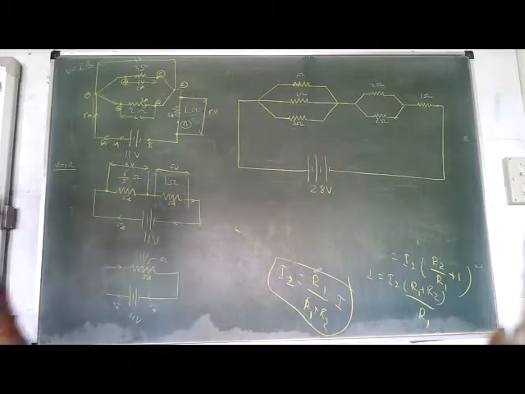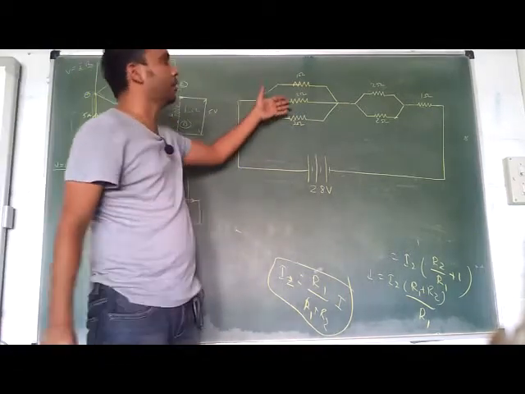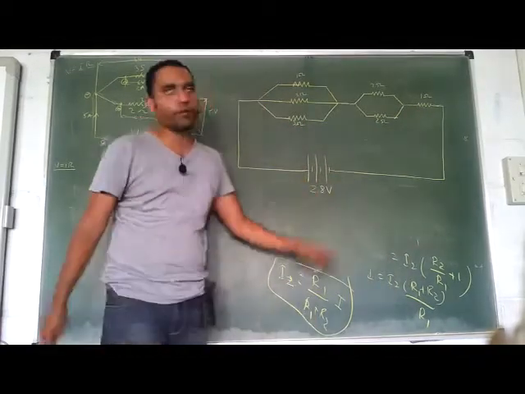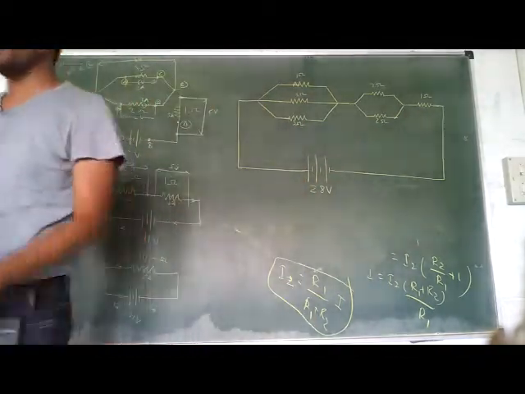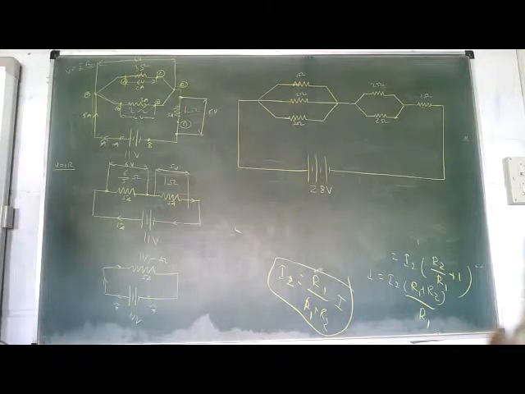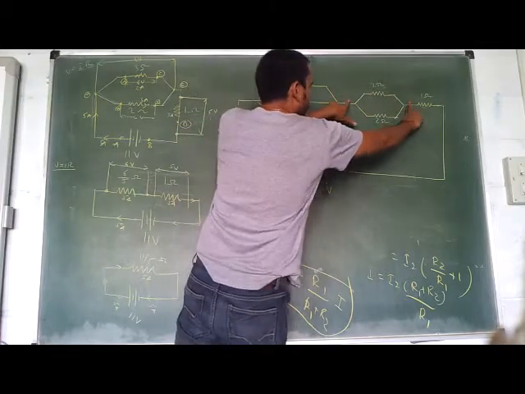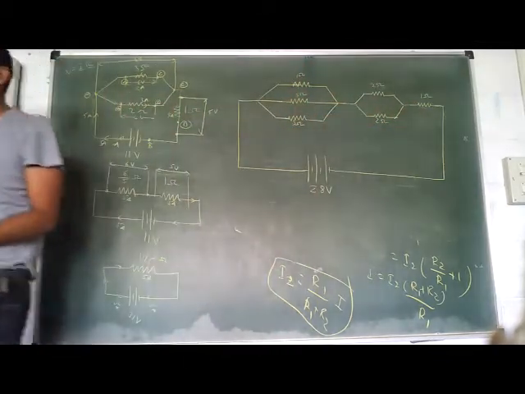So this time we have 3 resistances in parallel, 3 ohms, 2 ohms, 2 ohms and 1 ohm, and a battery of 28 volts. You have to find out the current in each resistance. So you have to do the same steps as you did for this one. First get the total current coming out of the battery, and then you see what is the potential drop across the different stacks of parallel resistance. Is it clear?